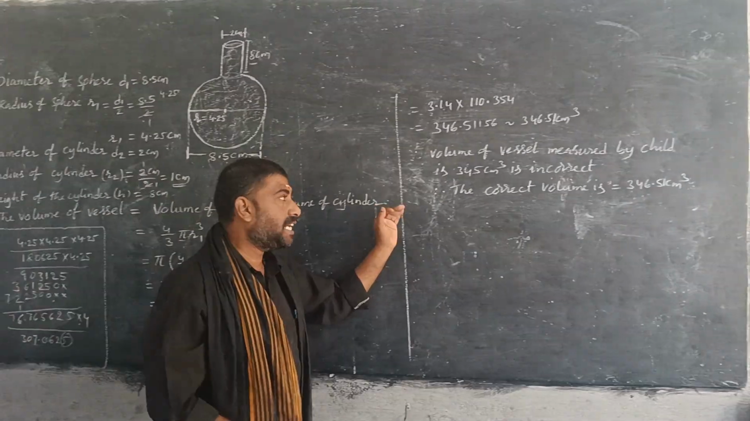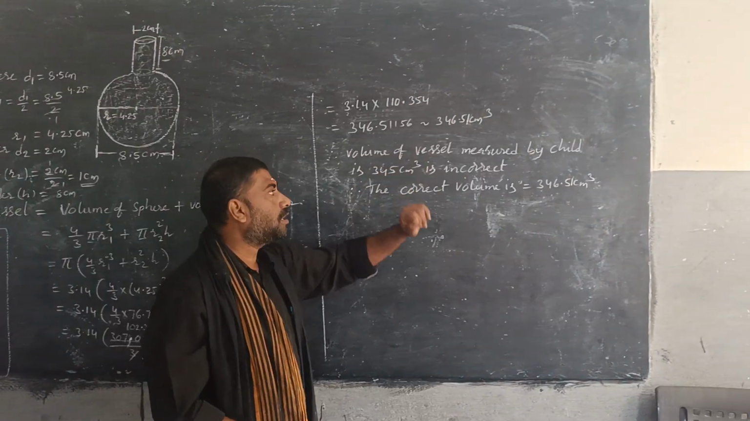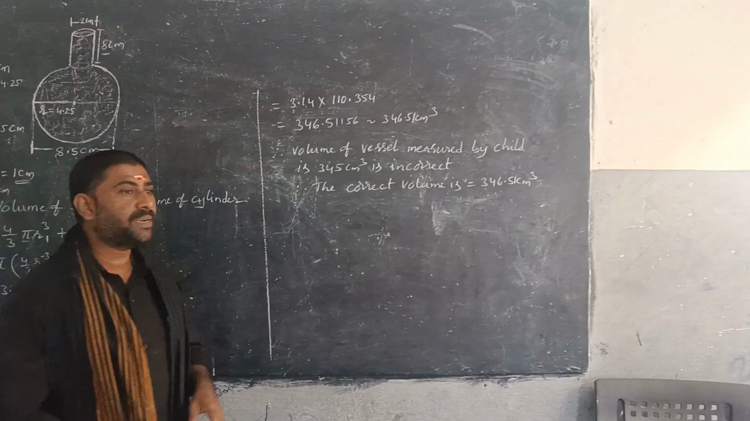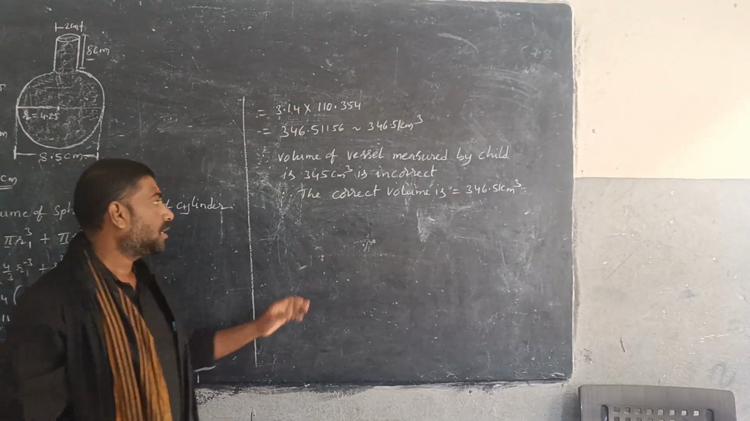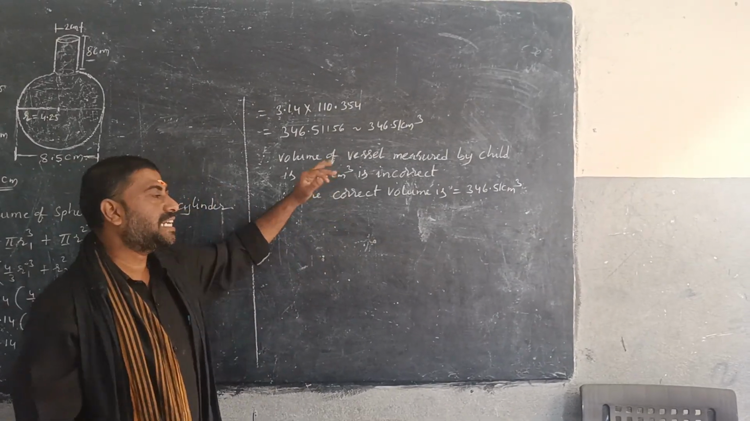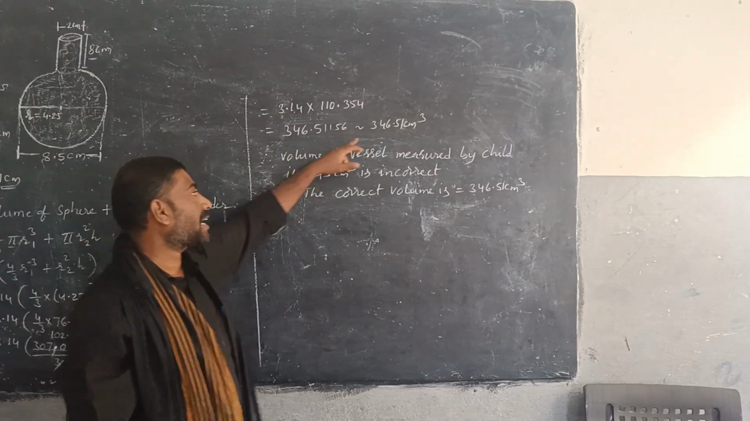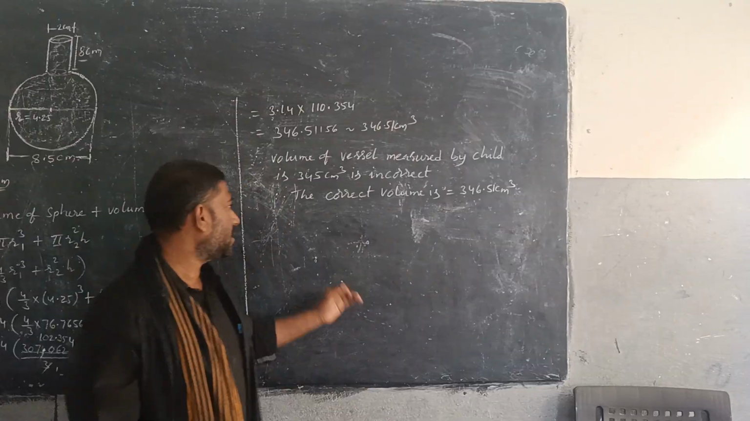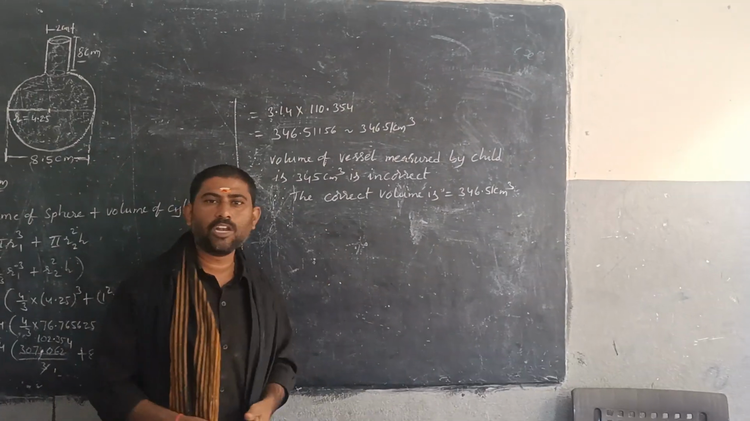But here the volume calculated by the child is 345 centimeter cube, as given in the problem. But it is incorrect. Why? Because our correct answer is 346.51 centimeter cube. So this is the volume of